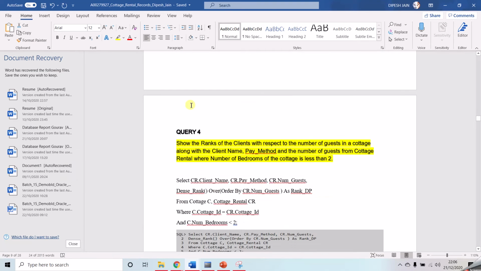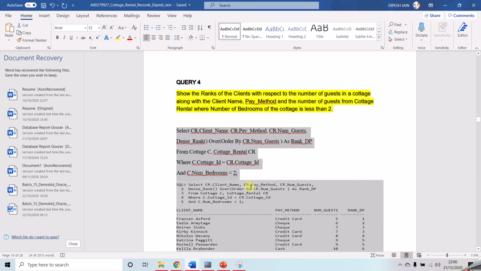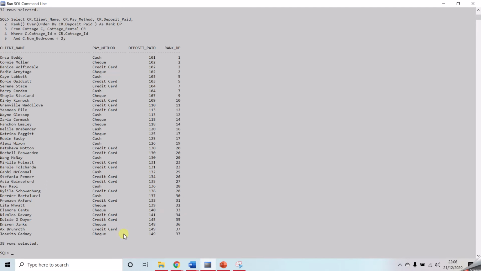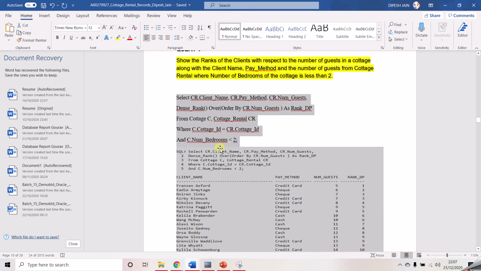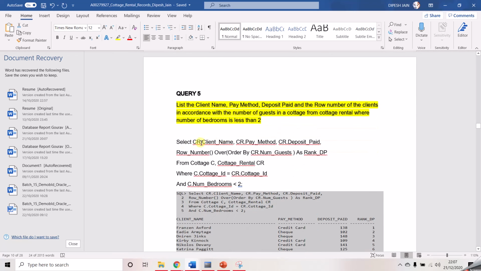Here we have also fired the dense rank query so that the value doesn't get skipped. As you can see, the value here didn't get skipped. After 8 there is 9, after 10 there is 11, and 12, and so on. But we still have some common values, like there are two 12 values, there are two 14 values, and so on. So we need to eliminate those as well. We will eliminate those using the row number function. So here is the row number function we have used.